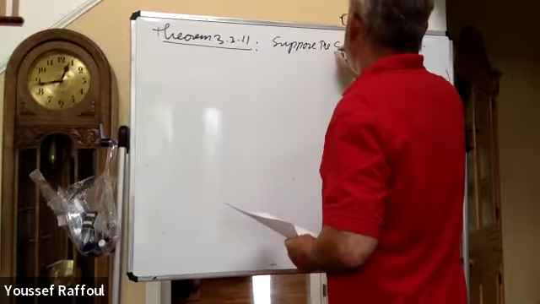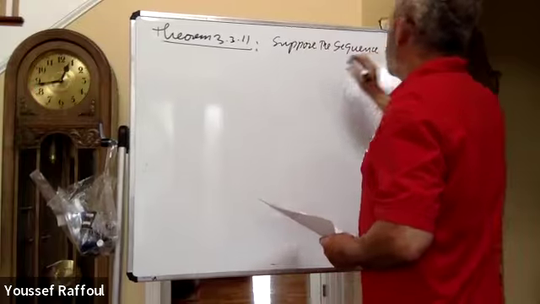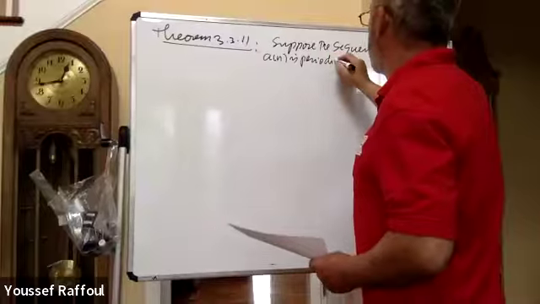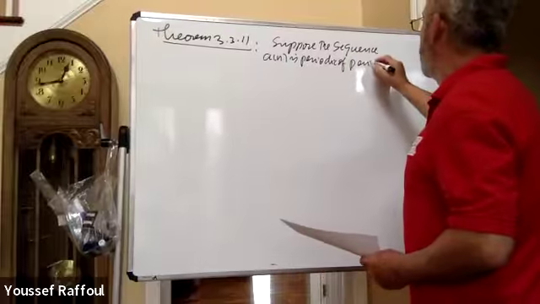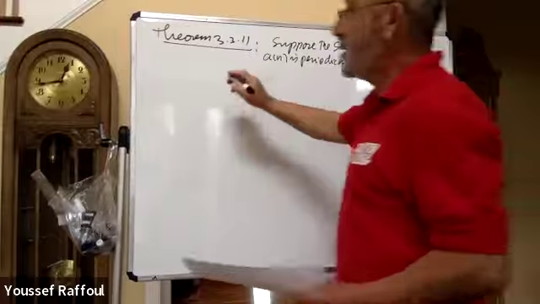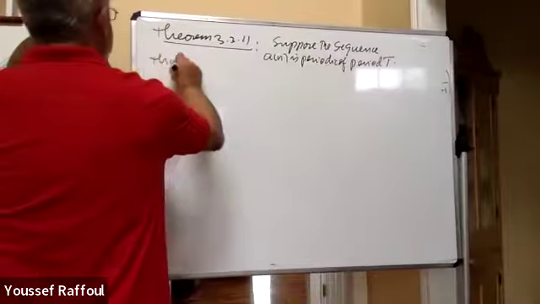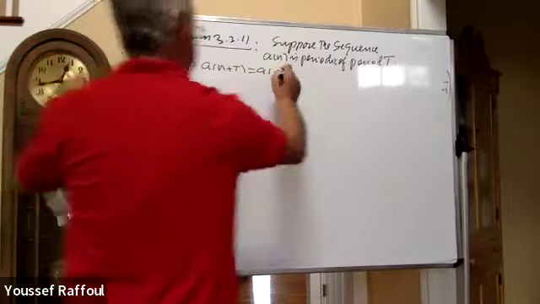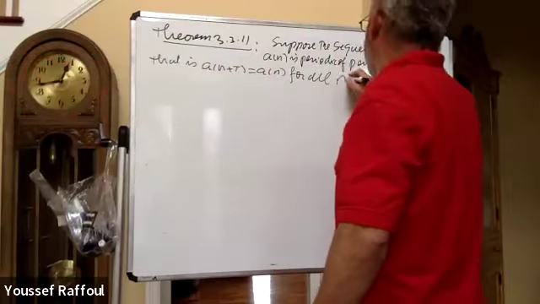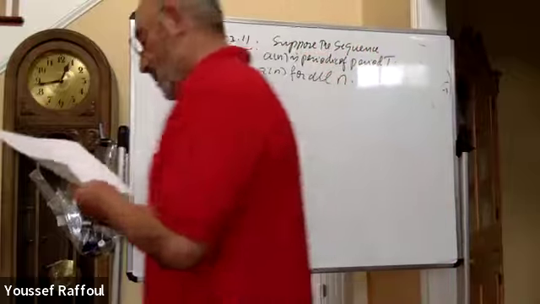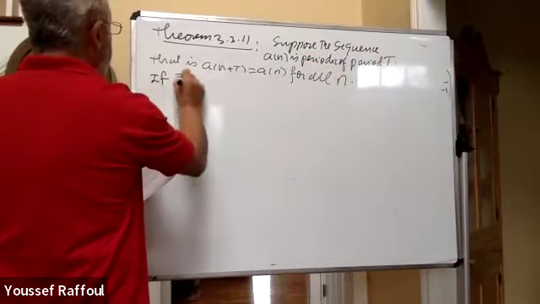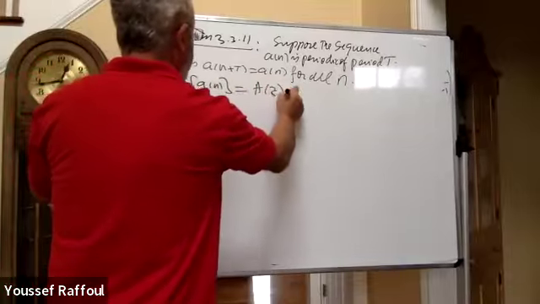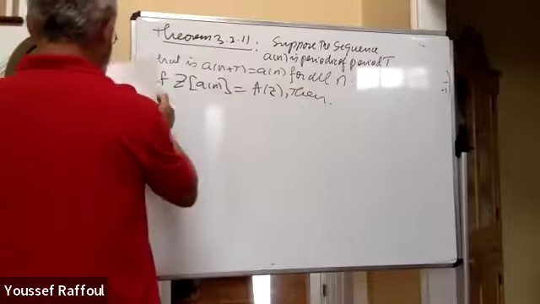Suppose the sequence an is periodic of period t. That is, an plus t equals an for all n. If z of an equals az, then